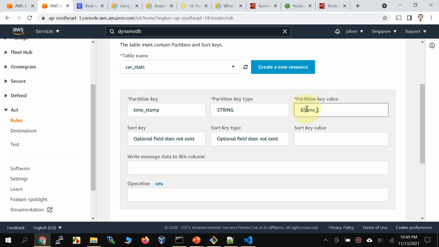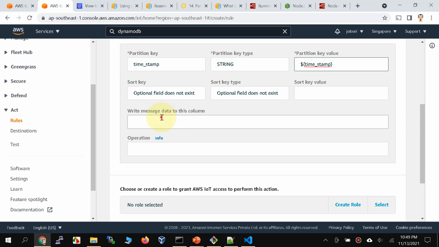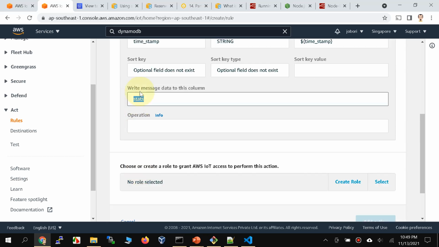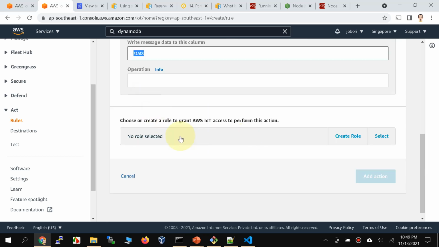So notice that I'm mentioning it into dollar and curly braces stamp. And then what I'm going to say is write the rest of the message information into stats column, right? Create a new column called stats, because currently all our table has is a timestamp partition key that we created. Now we're going to say write this message into this stats column, and I'm going to go ahead and create